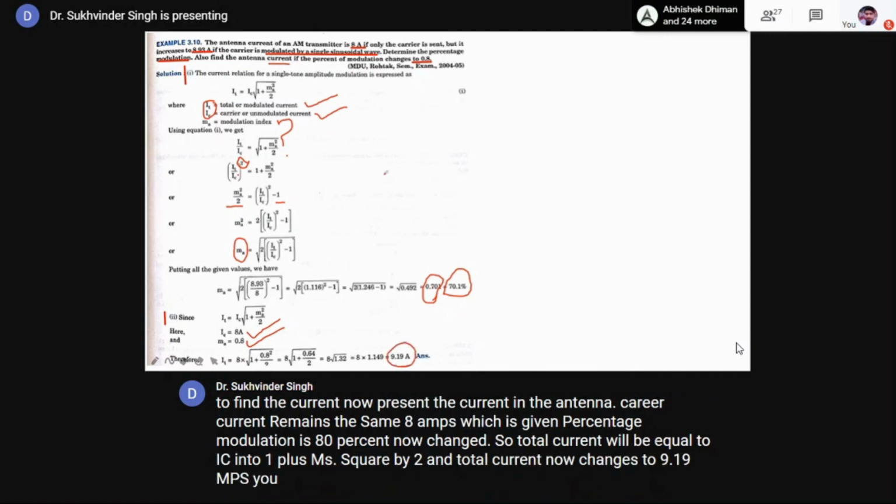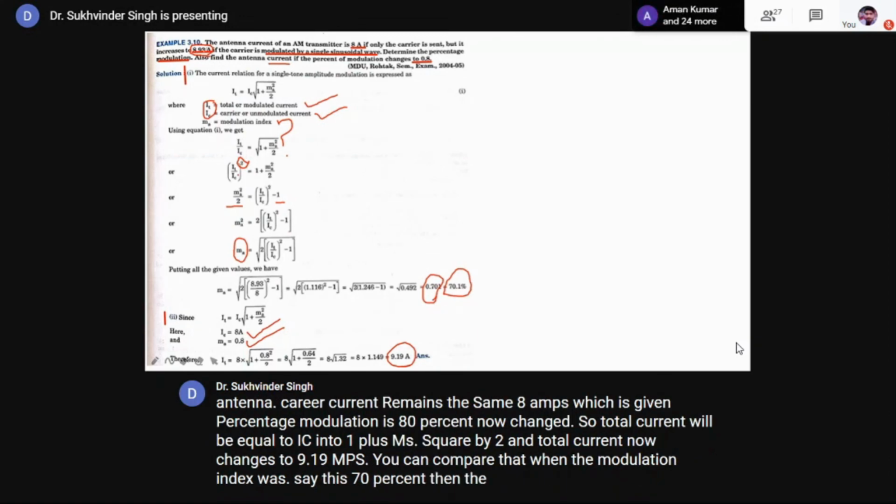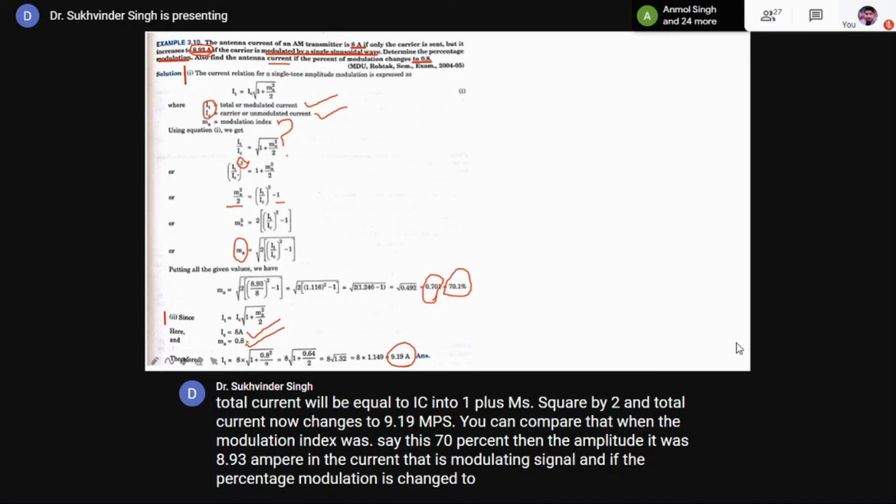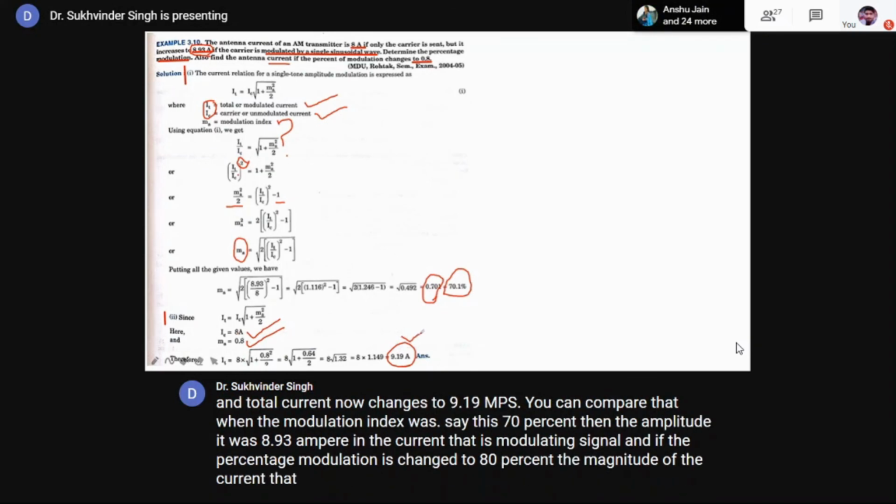You can compare that when the modulation index was 70%, then the amplitude of the current was 8.93 ampere, that is the modulated current. And if the percentage modulation is changed to 80%, the magnitude of the total current, that is the modulated current, is changed to 9.19 ampere. So in changing the percentage modulation,